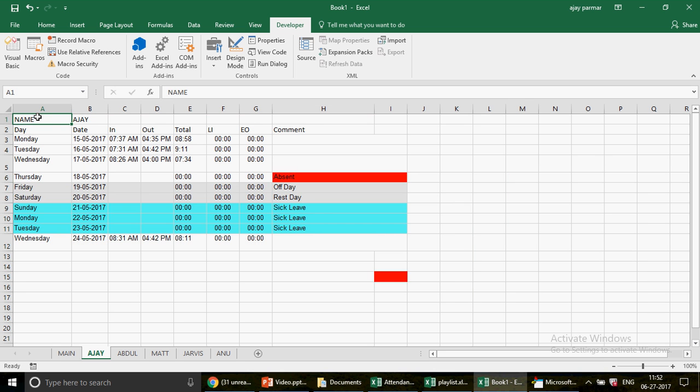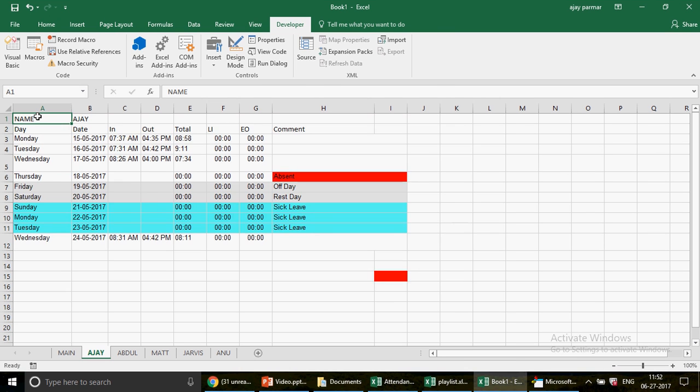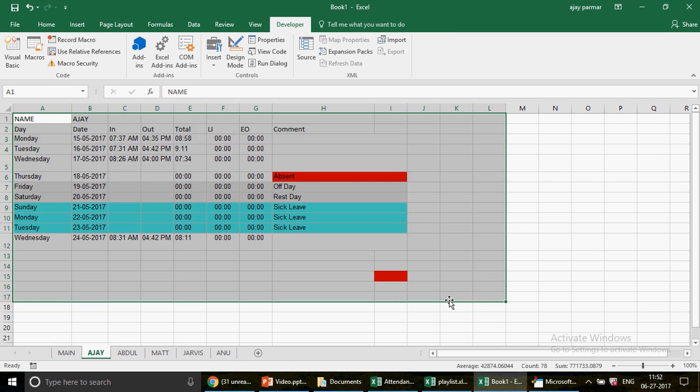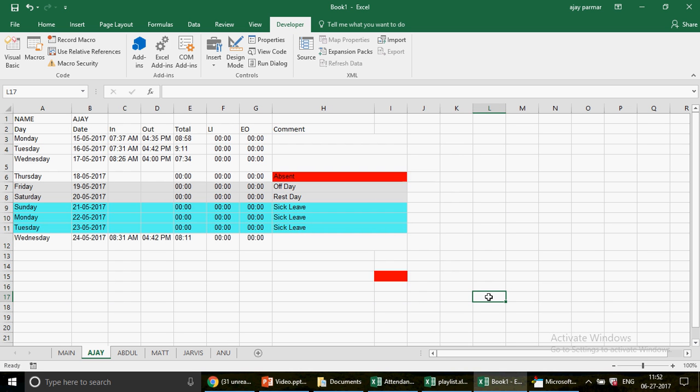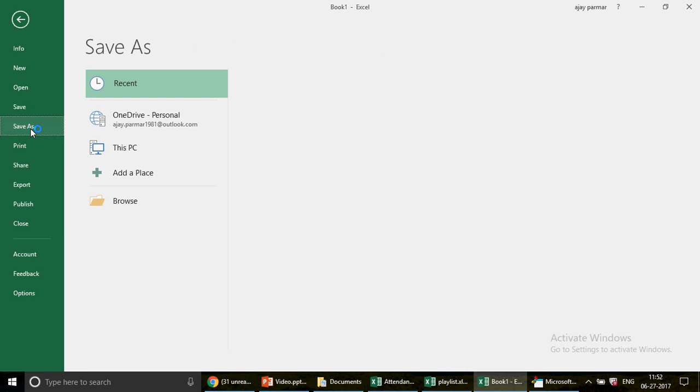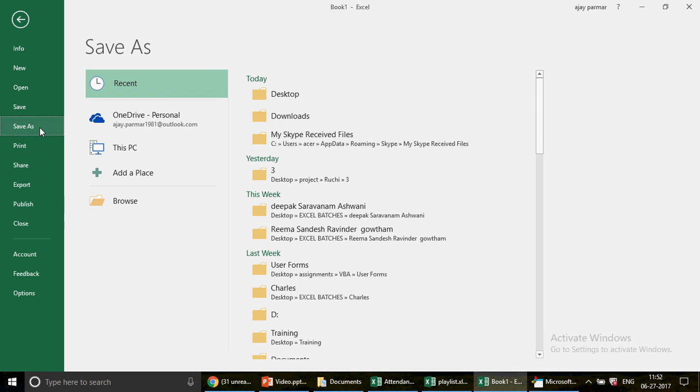Sorry, let me go to A1 and now press Control Shift End. Again, your data will be selected like this, guys, right? Because this is going to be absorbed in the memory, Excel will always remember that there is something over here, right? If I just save the file and then rerun it, so let me just save the file. By the way, I haven't even saved the file, so let's go to Visual Basic, Save As, and let me ensure that this is actually